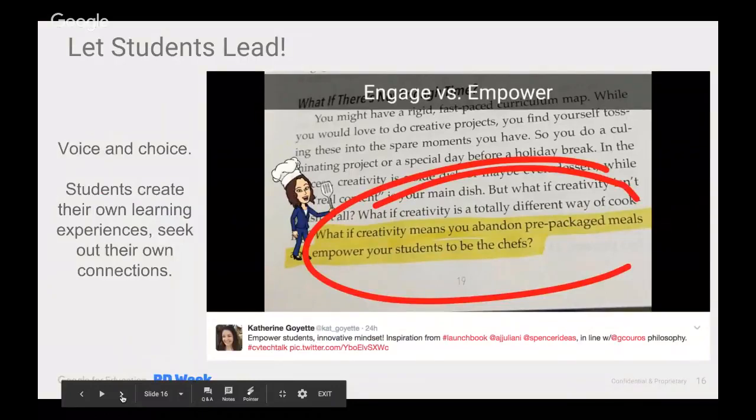So AJ Juliani and John Spencer, author of Launch Book, have written a book called Launch. And I made a book snap about this. And it really is in line with George Couros's philosophy, who I spoke about earlier. And they say in this book, what if creativity means you abandon prepackaged meals and empower your students to be